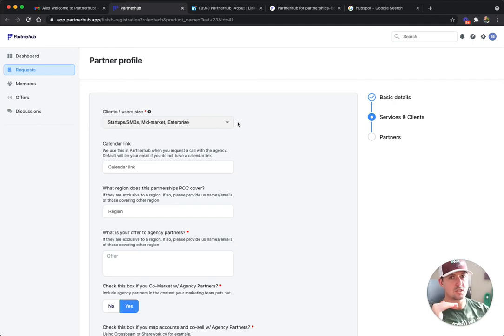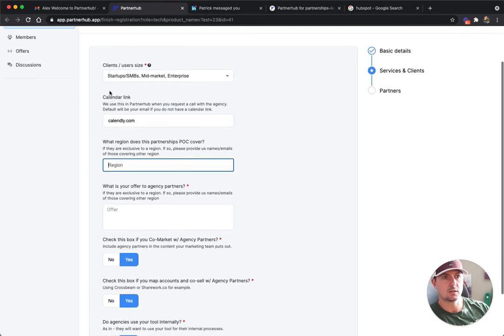And we do stop people if you submit a profile that is dishonest and your tool isn't actively used by SMBs or enterprise, but you selected that to try to create more of a presence, we will simply stop your program from being displayed. Your Calendly link or calendar link, and it also says here, if you do not have